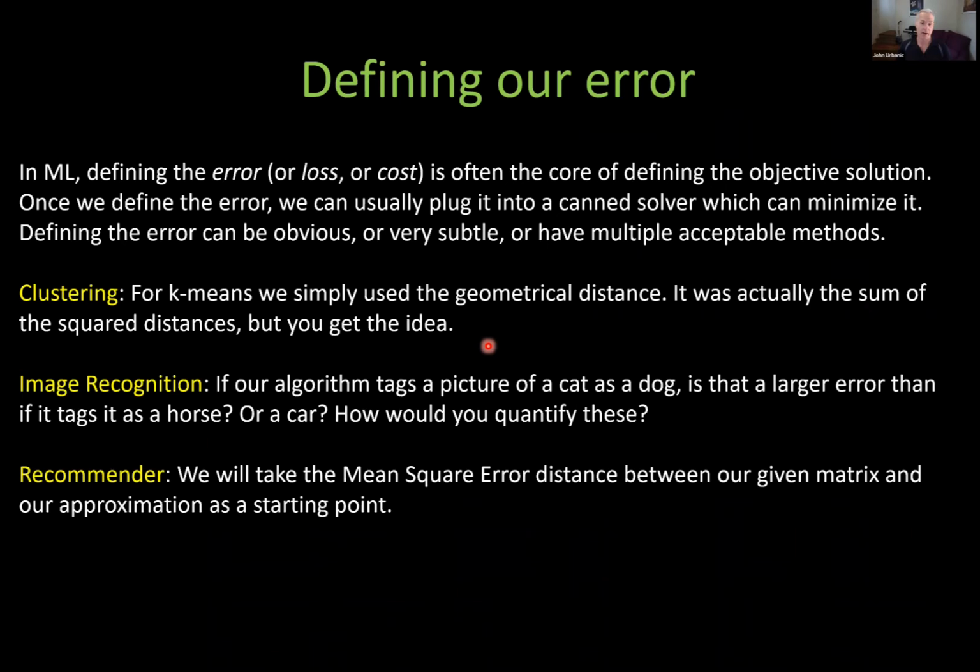Yesterday we could see we had an error with our clustering problem, for example. What's the distance from all the points to their clusters as we try to cluster things? Here we have an error problem. We're going to try to figure out how well our data matches our original given data. How close are our approximation matrices, U and P, going to reproduce R? And so we need to define an error.